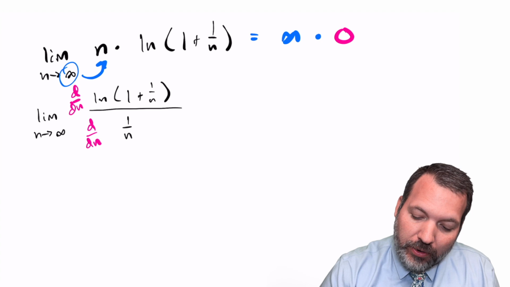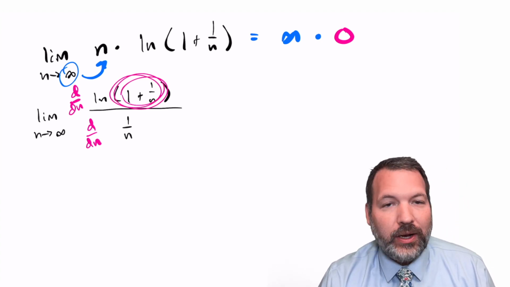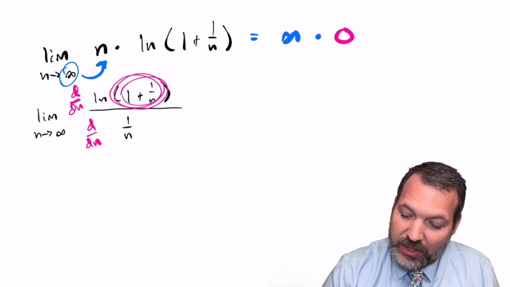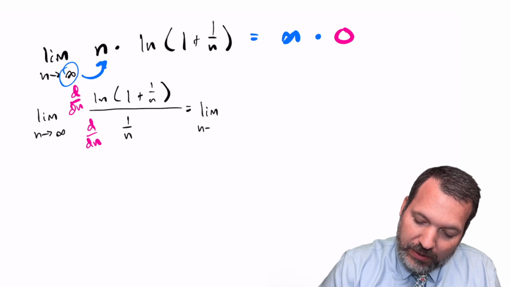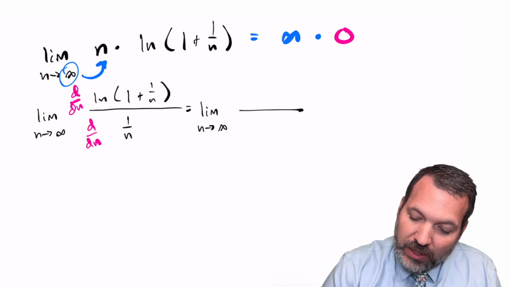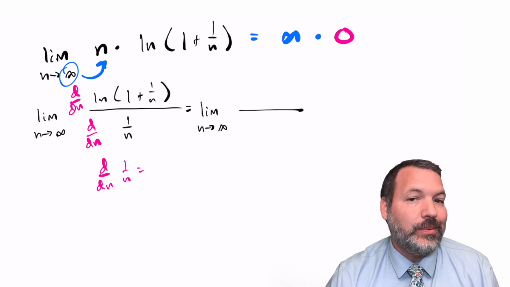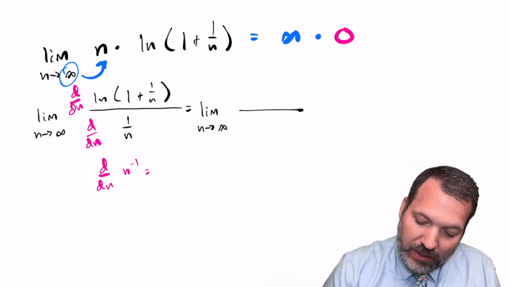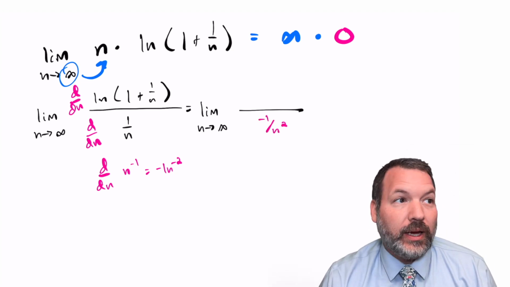One thing we'll need to note is that because the inside of the natural logarithm here isn't just n or x, it is itself a function, we'll have to use the chain rule when we take our derivative. But this should be the same thing as the limit as n goes to infinity. For our denominator, the derivative of 1 over n, we can simply apply the power rule because, of course, this is the same thing as n to the negative 1. So that becomes negative 1 n to the negative second, or what we more typically write as negative 1 over